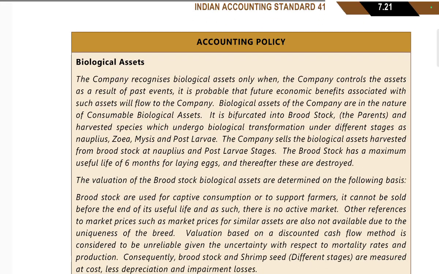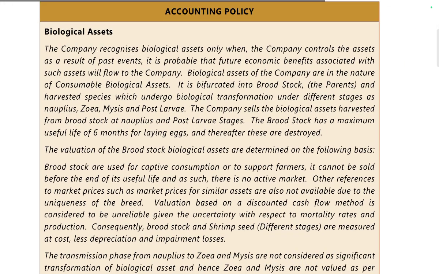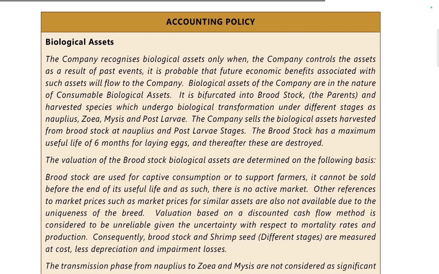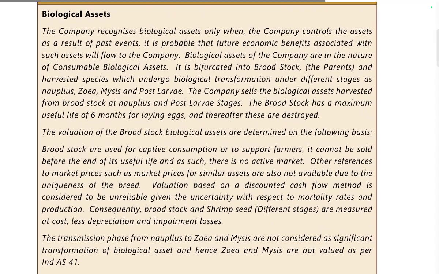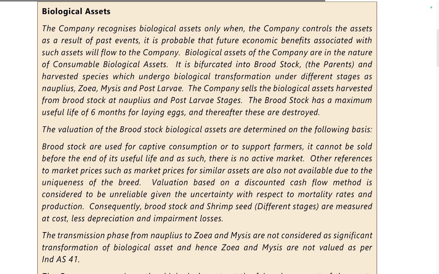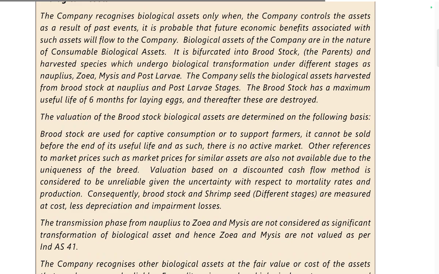Accounting policy. The company recognizes a biological asset only when the company controls the asset as a result of a past event and it is probable that the future economic benefits associated with the asset will flow to the company. Biological assets of the company: the nature of the company's biological assets is bifurcated into broodstock and harvest species, which undergo biological transformation under different stages of